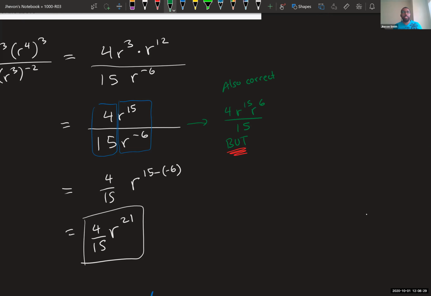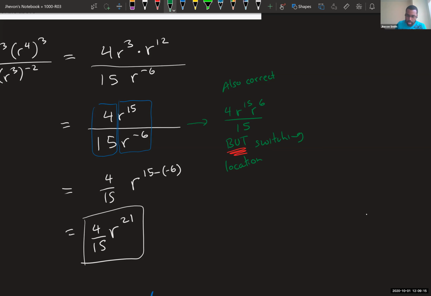I have found through experience, through grading a lot of papers, that when students start to do things like this, where they have a bunch of terms and they start moving things up and moving some things down and swapping based on the signs, they make more errors than if they were to just subtract the powers. If you had a bunch of variables and people say, oh, this is negative, so I can switch it, and then this over here is negative, so I can switch it down, and they start switching things up and down while they're trying to add and subtract powers, it causes needless errors. So I would not worry about it, but